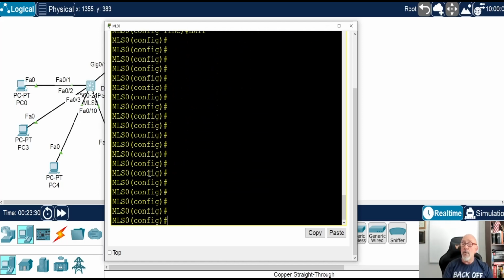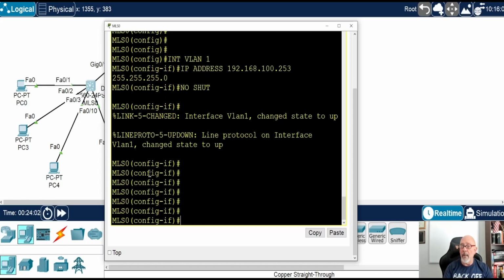All right. So now the first thing that we're going to do, I'm going to go to the VLAN. For monitoring purposes and for IP purposes as well. So int VLAN 1, everybody's going to be part of VLAN 1, IP address 192.168.100.253. Why 253? Because my gateways are always 254. Okay? And then 255.255.255.0. And then VLAN 1 being the native VLAN, you have to turn it on. Okay? So I do that.